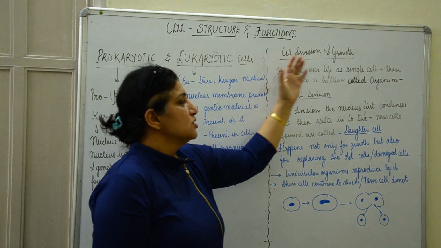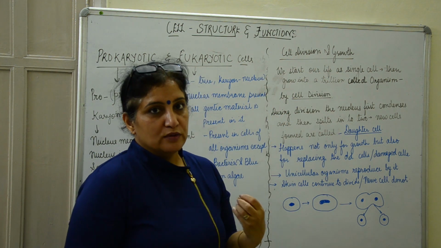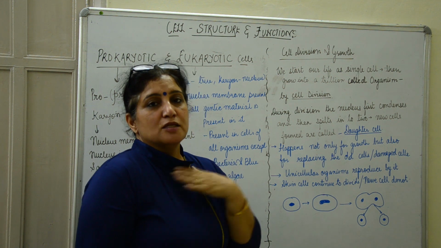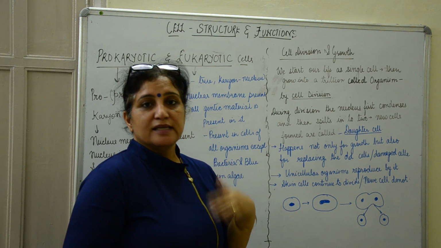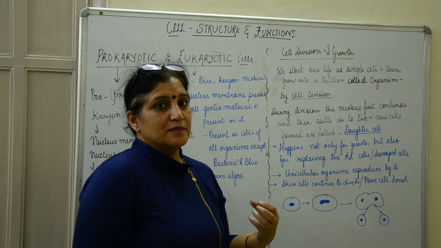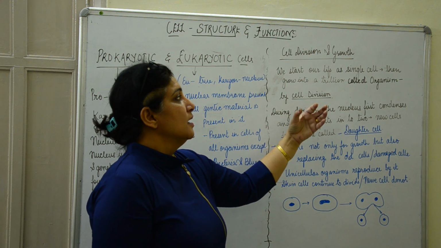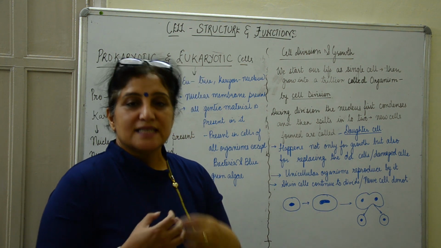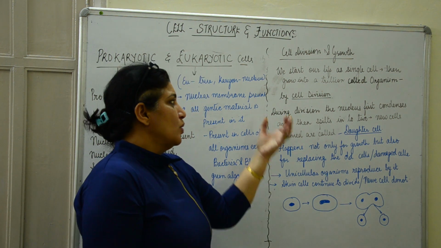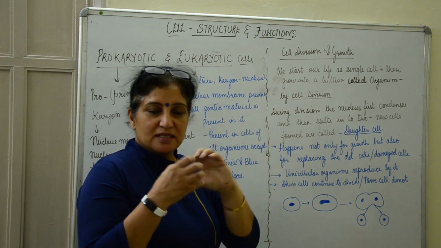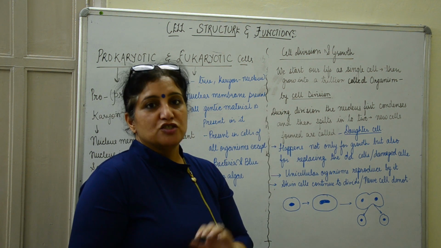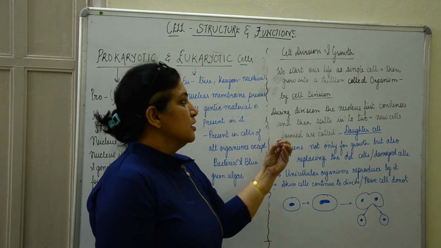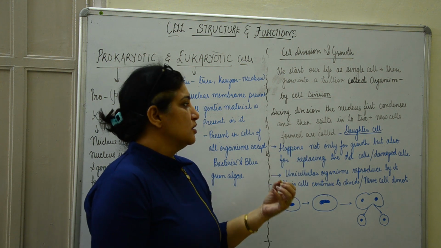Now we come to cell division and growth. We all know, according to the cell theory also, all organisms start their life from one single cell. So if we started our life from one single cell, and today we have trillions of cells, how is it possible? So this is possible by cell division. Cell division is a process in which the cells divide and form new cells. What happens is, the nucleus, which contains the genetic material, first condenses and then splits into two new cells, and these new cells are called the daughter cells.